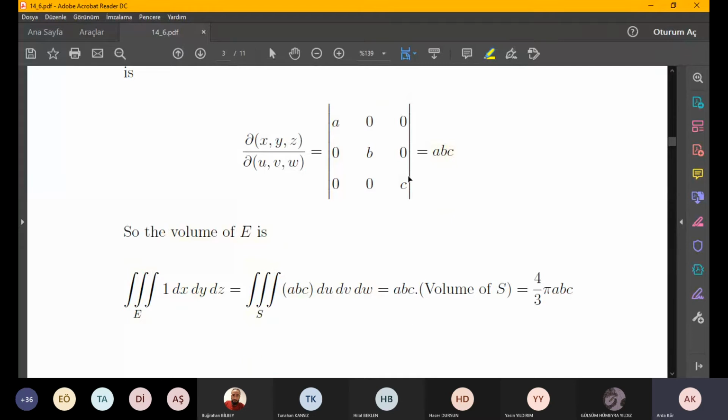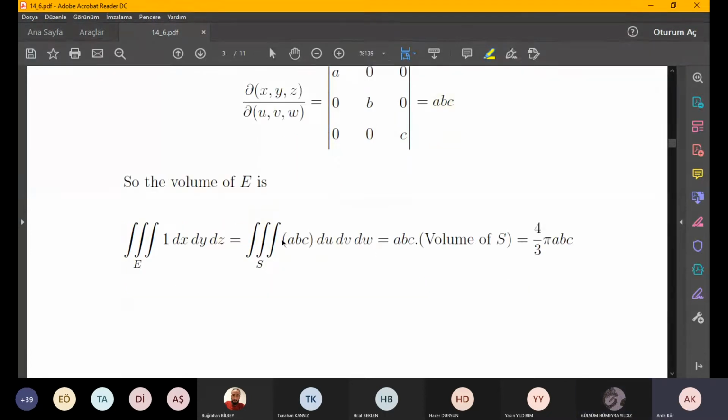And then you need to write the absolute value of the Jacobian, which will be, since A, B, and C are all positive values, A times B times C, so this is the Jacobian, and du, dv, and dw. So actually here, this one represents d of v. So since A times B times C